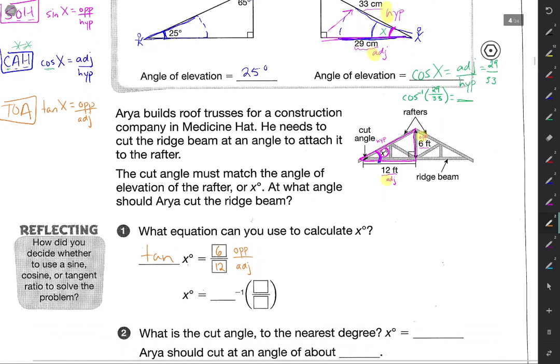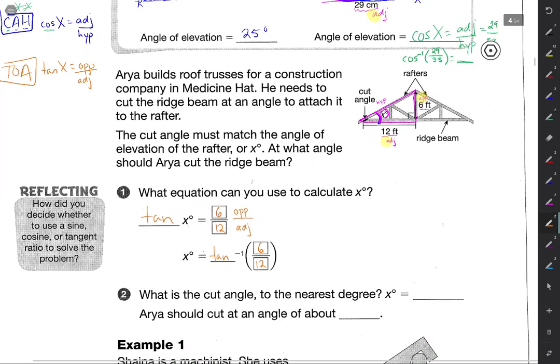Then in order to solve this and actually calculate the angle, we need to use the inverse tan button on our calculator, because whenever we're calculating an angle, we need to use the inverse button. So we'll do inverse tan of 6 over 12. If you were to plug that into your calculator, you would press a button like this. You might have to press the second function button to reach it. And then you would put in the brackets 6 divided by 12. That's how we would enter this fraction, because this line means divided by. And if you do that, you should get